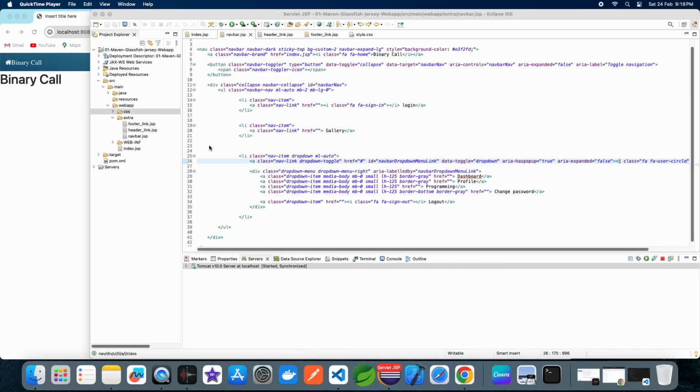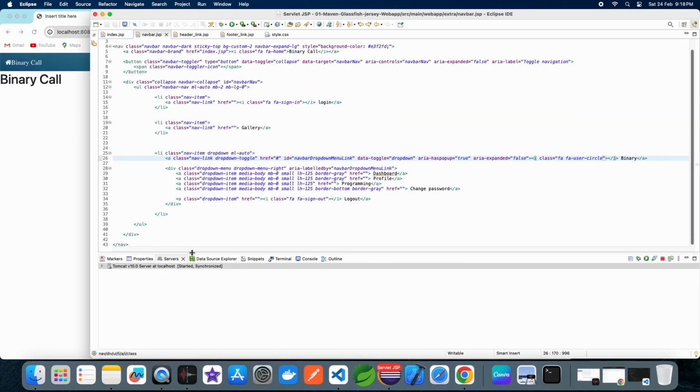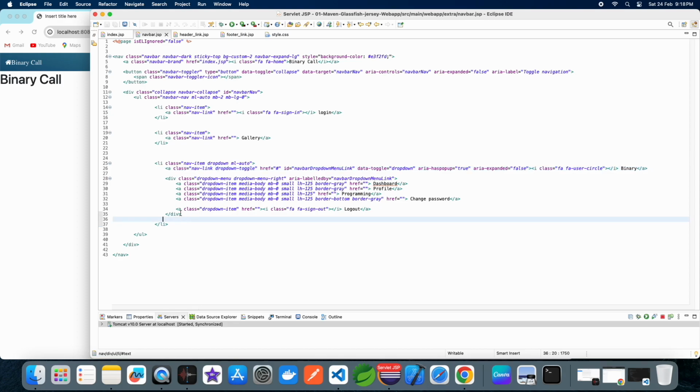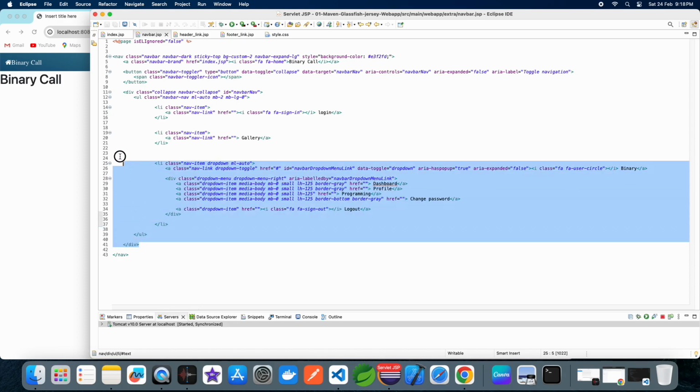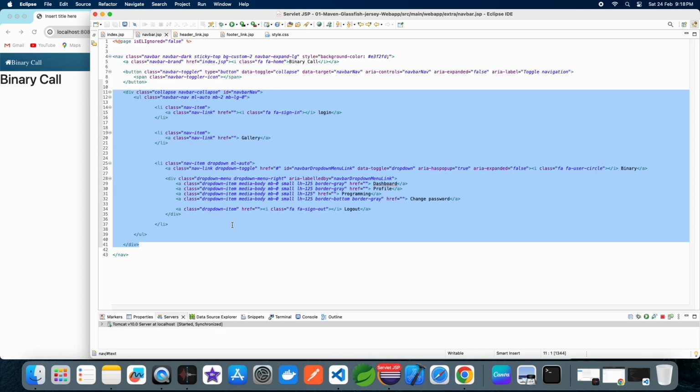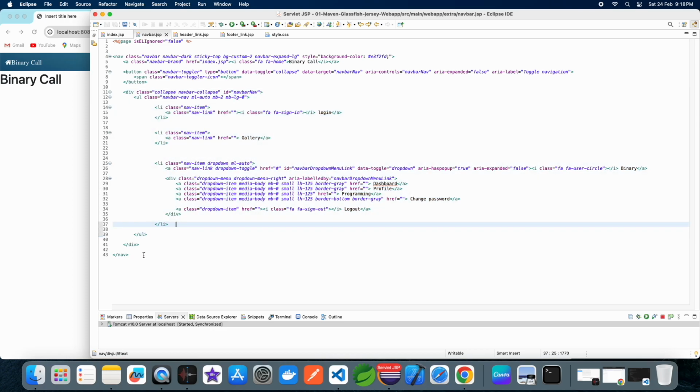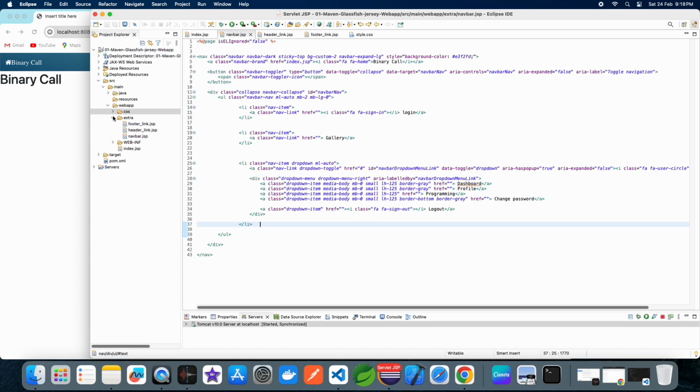And this is the whole code of Navbar. So if you want to copy, then you can copy from here. This is the remaining, which I did not write in the previous video. So next one is